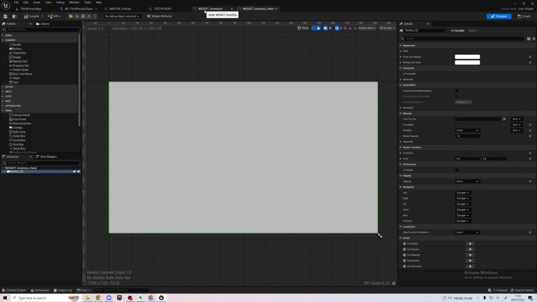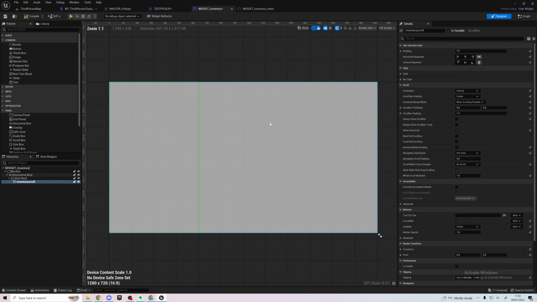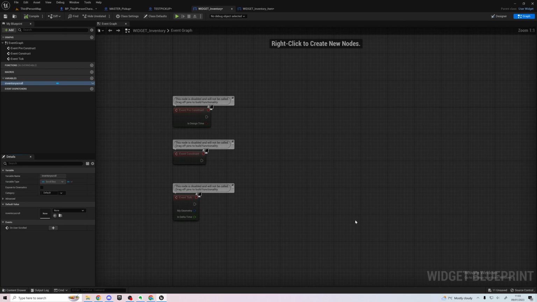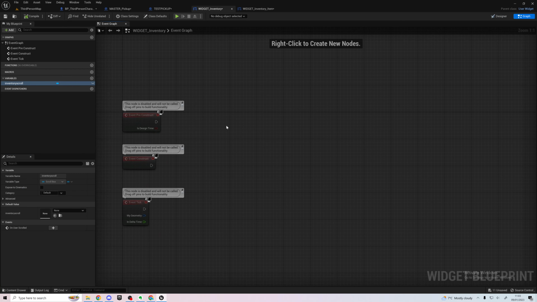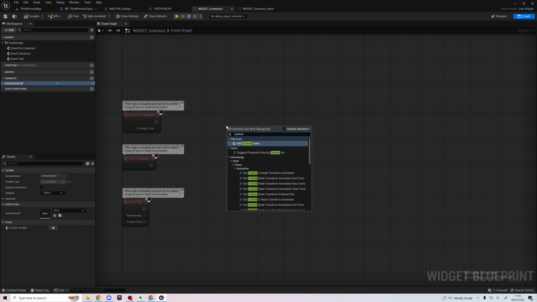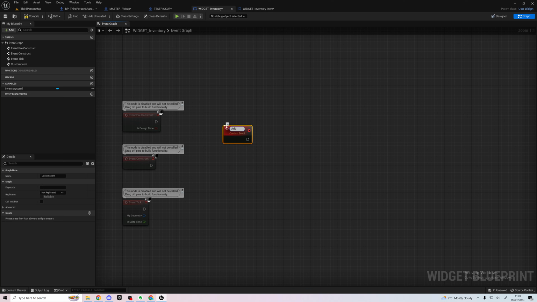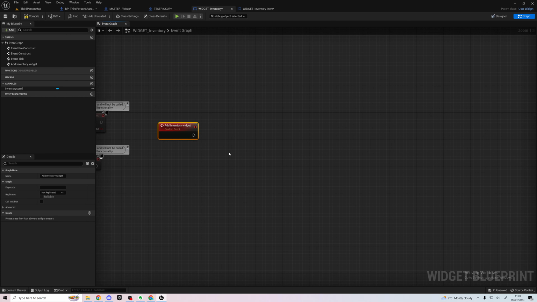Then when a message gets sent to the widget inventory to put something in this scroll box that we've made, we can put buttons in there, and these can be our inventory items. But we have to tell this widget to do that. So I think a custom event. Would it be a custom event? Yeah. Add inventory widget. So when this event is fired, which will fire from the third person character,